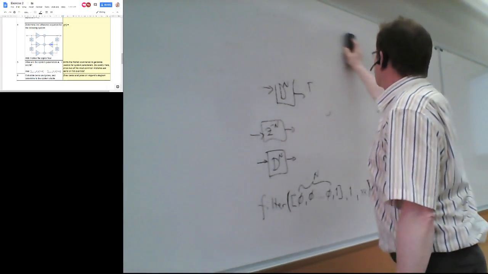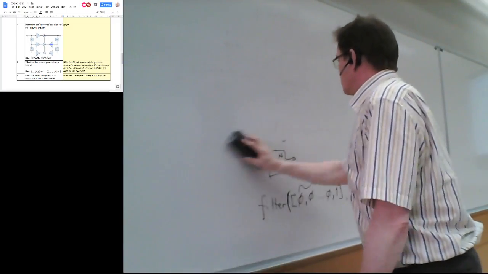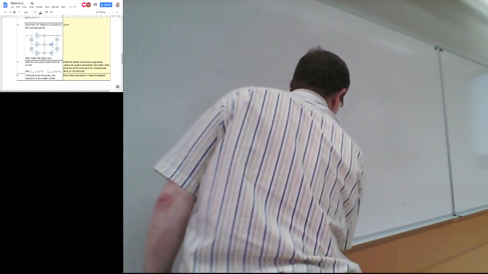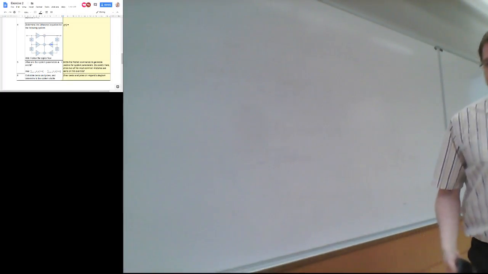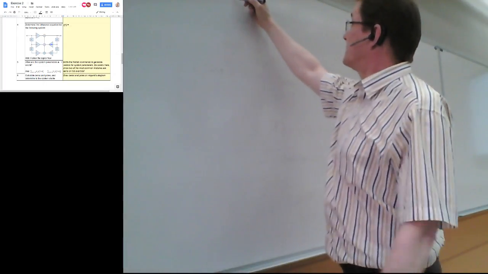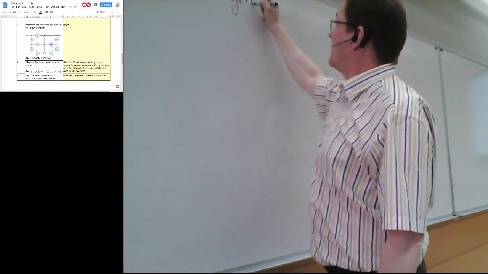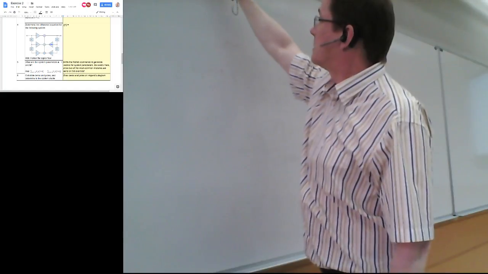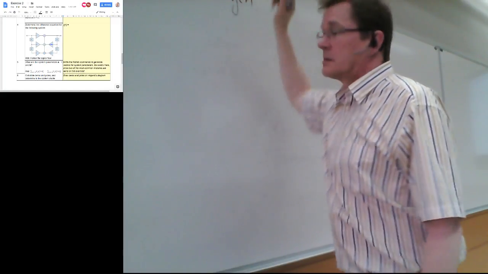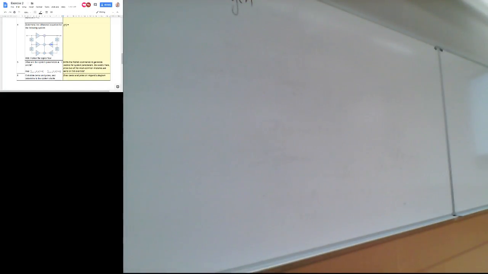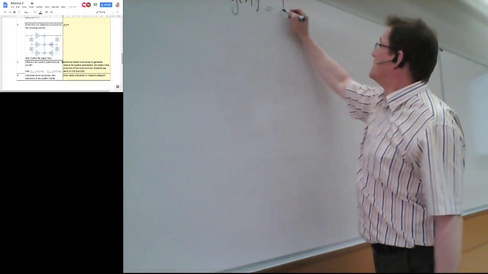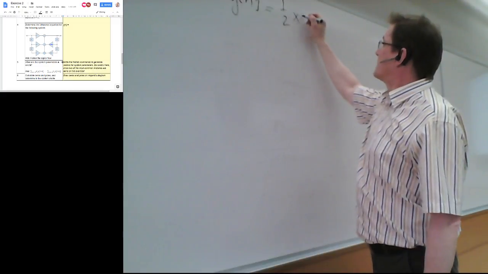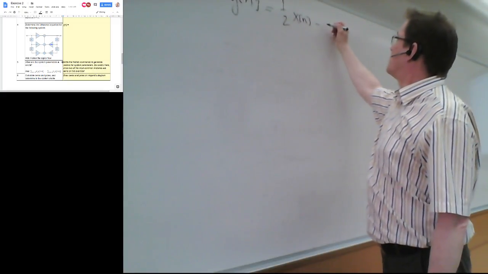How to read the flowchart? Let me, for example, start from a simple system which is defined by a difference equation. Just a moment. Yes, difference equation y[n] equals, for example, half of x[n]